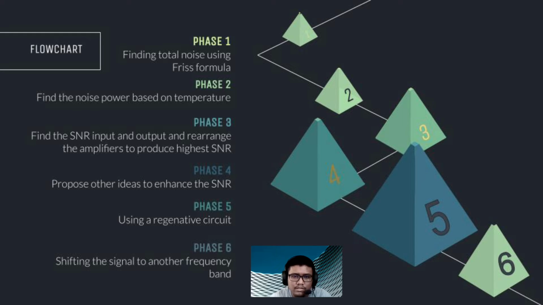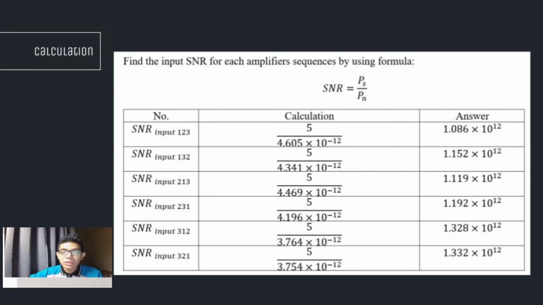For the second question, we need to propose other ideas to enhance the signal to noise ratio. So we have proposed 3 ideas, which are using a regenerative circuit, improving the signal strength, and lastly, shifting the signal to another frequency band. So in this question, we must find the arrangement of the amplifier to find the signal to noise ratio with